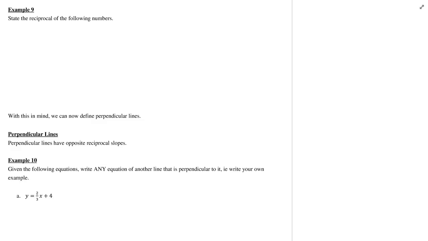Hey everyone, so we're still in section 4.3. I'm on page 369. Okay, so now we're going to talk about perpendicular lines, which before I can do that, I just want